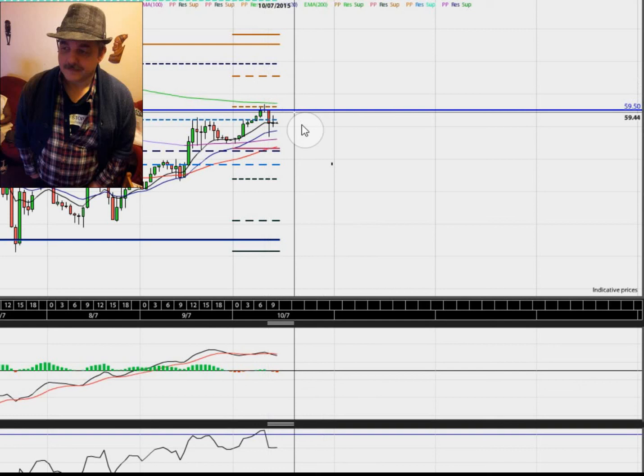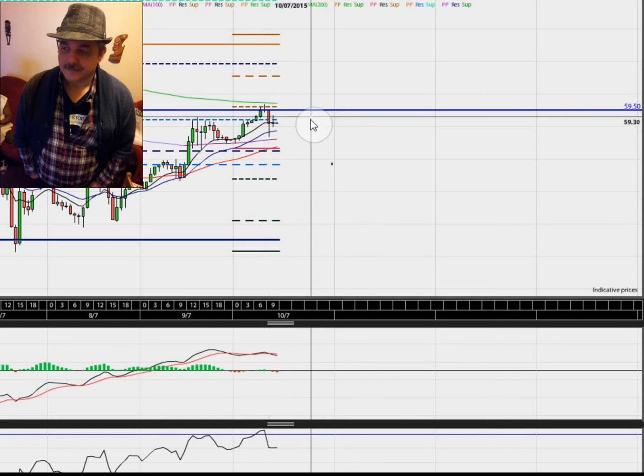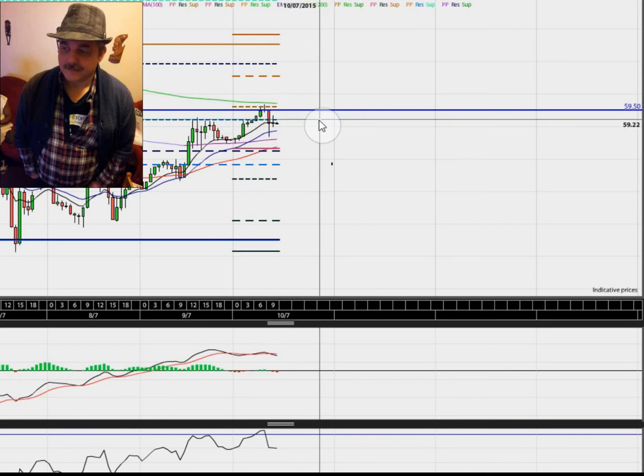You can see that nice little, very small rejection candle there, actually a little doji. If I zoom in a bit, you'll see that's actually a kind of a shooting star type formation. For those who don't know about candlesticks,